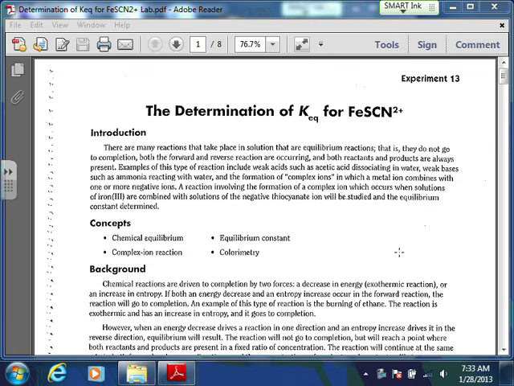So this lab is an equilibrium lab, and it's kind of a cool lab. It's a little bit different than the ones we've done. We're actually going to use colorimetry, which someone was laughing about that last semester. I can't remember. We did calorimetry, and they said we should be doing colorimetry. Well, there we go. But basically what we're doing here is we're going to measure the concentration of something